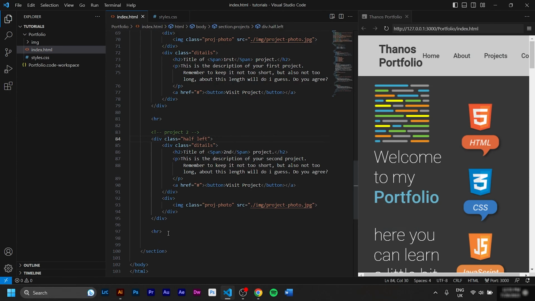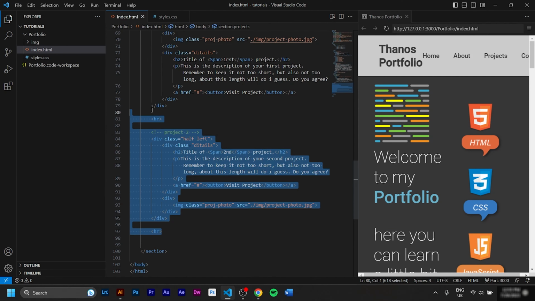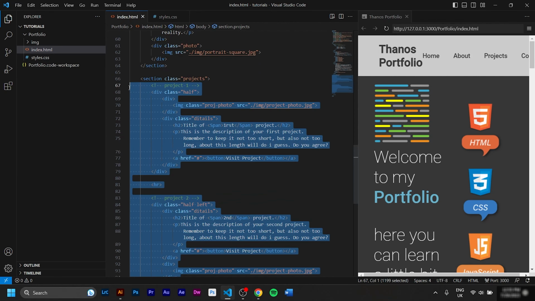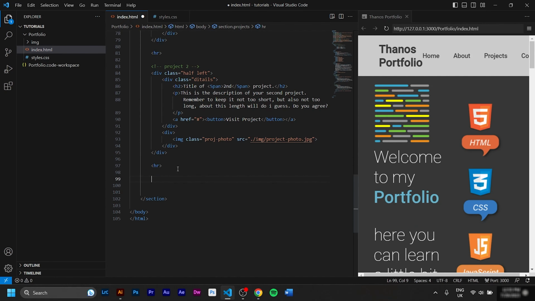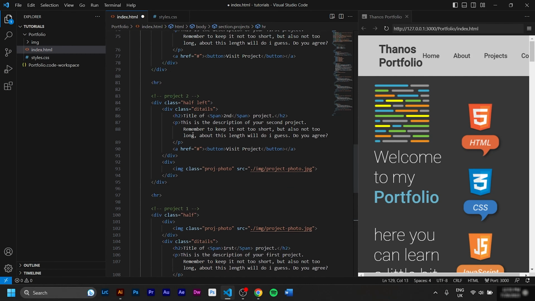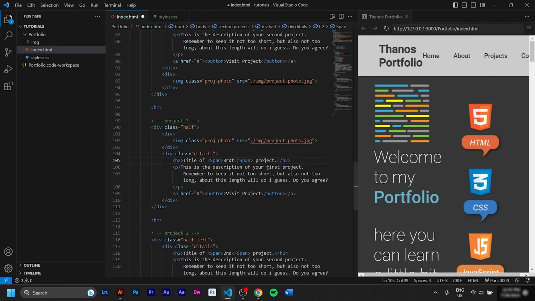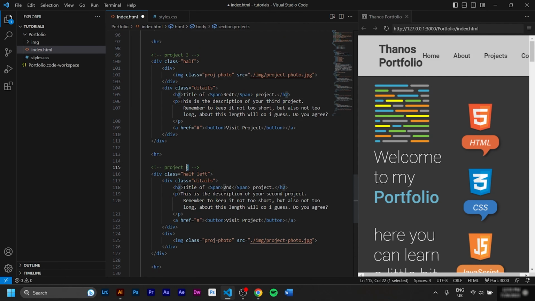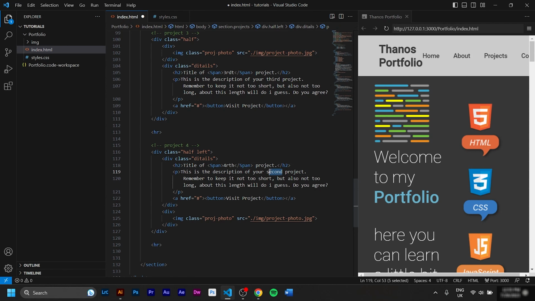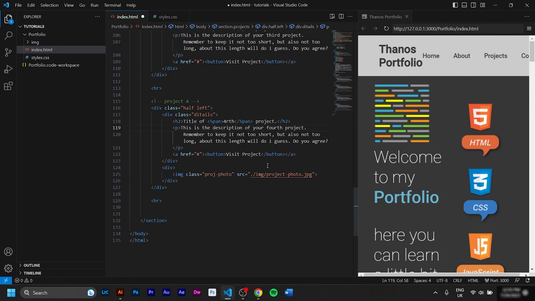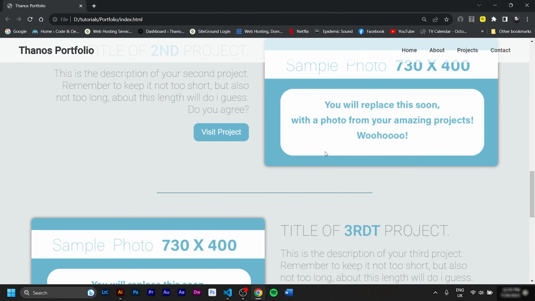So what we can do next is copy from HR the whole thing, project 1 and project 2. We hit some enters, we go in the beginning and we press Ctrl V, which is paste. So now we have project 1, project 2, we go to project 3, we change the title, this is the third title, and in here we change the text to third. Scroll down, this is project 4, we change the title, fourth, we change the text, fourth, and we hit save, refresh, boom.